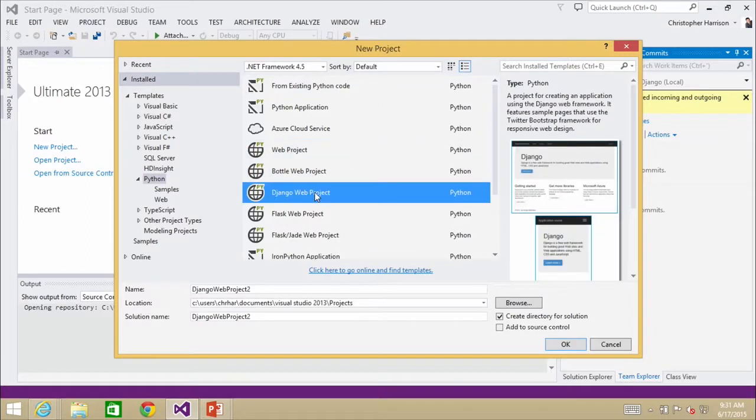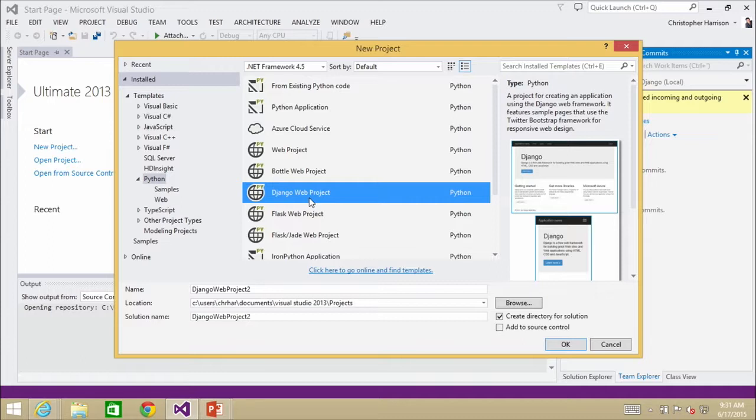So if I'm just looking to learn by somebody else's example, I'm not going to be able to do that with the baked-in template. And with PTVS, it's actually the exact same way. If you just went in and said File, New Project, and went to Python, and just chose a Django web project, which we'll actually be doing a little bit later, it's just going to give you a couple of very basic pages, and that's it.